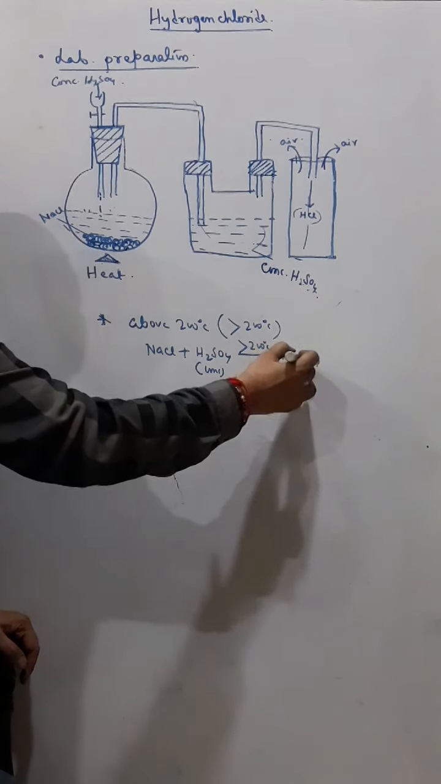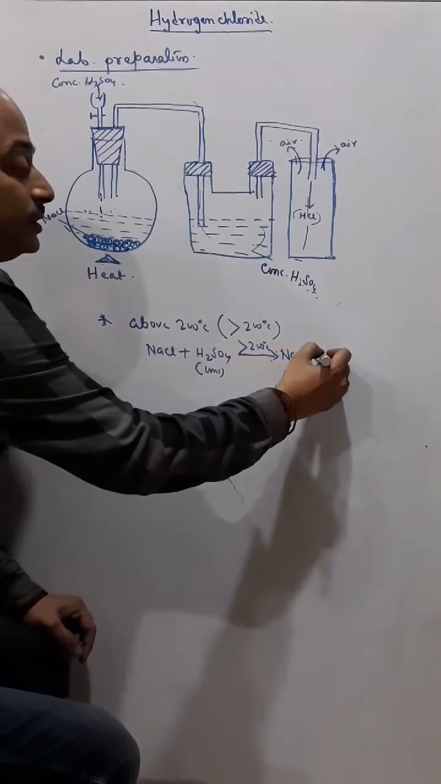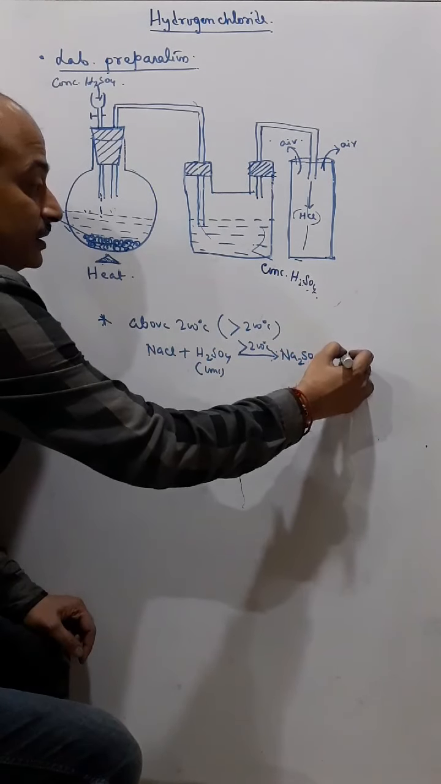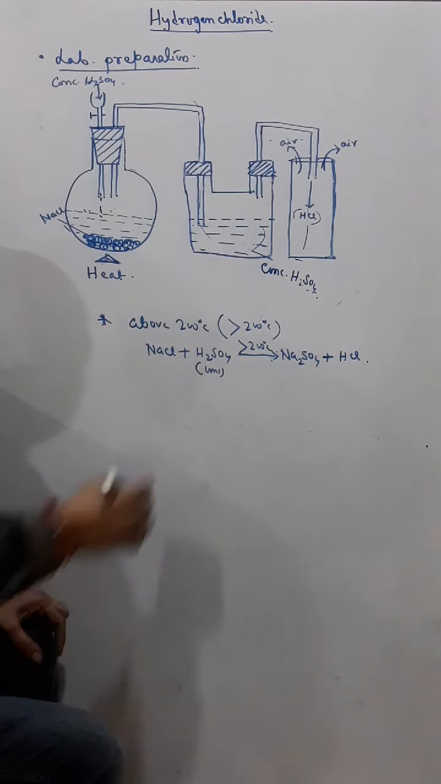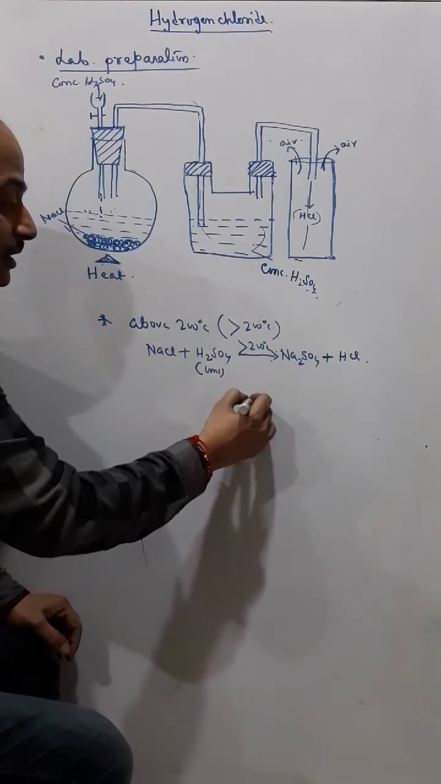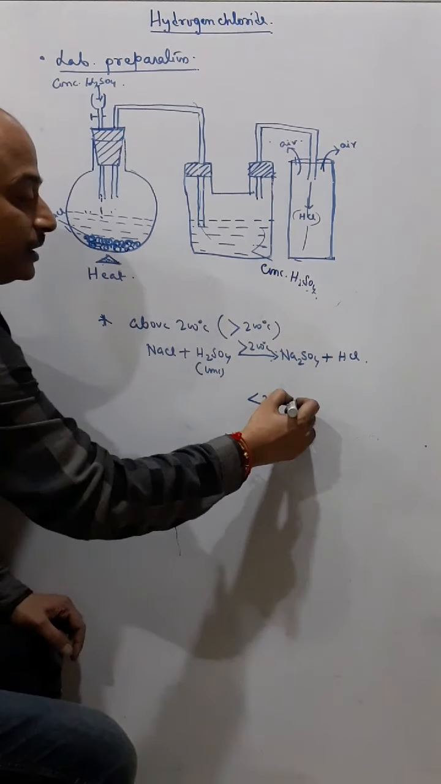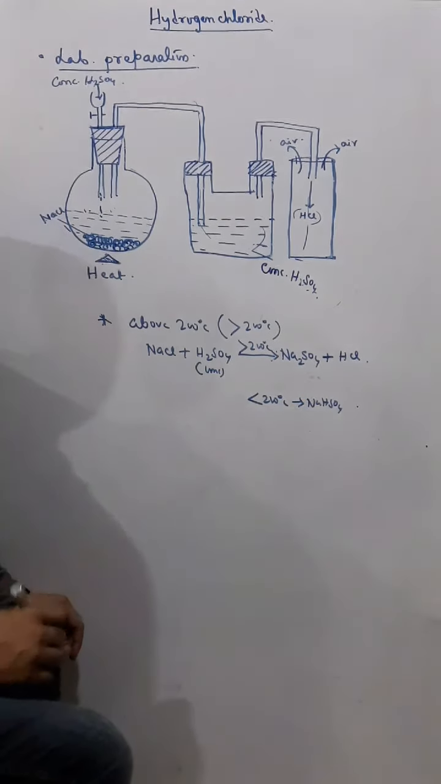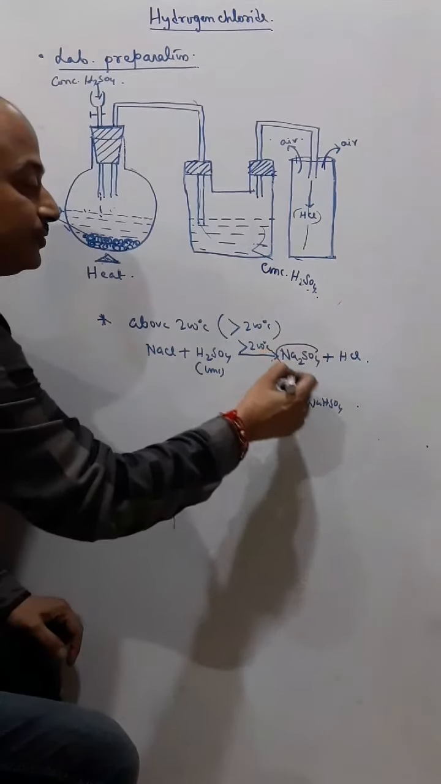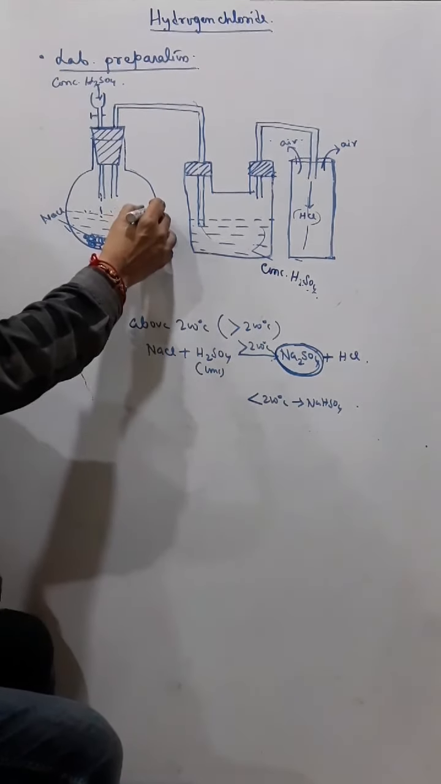because that NaHSO4 decomposes further and forms Na2SO4 and HCl. But if I use less than 200 degrees Celsius, as in the normal laboratory preparation, we get what? NaHSO4. Now the problem with Na2SO4 is that it forms a hard crust